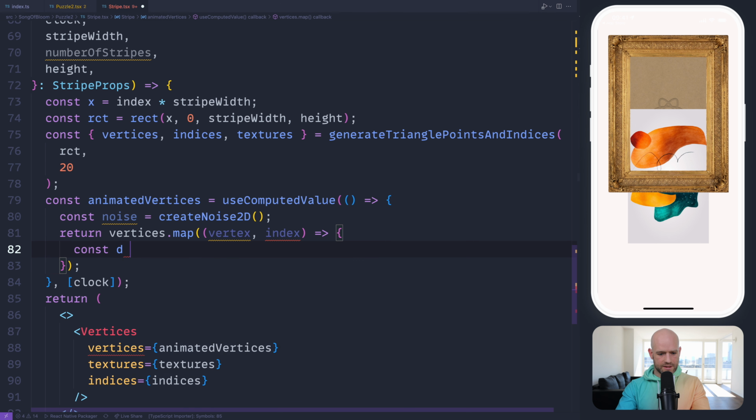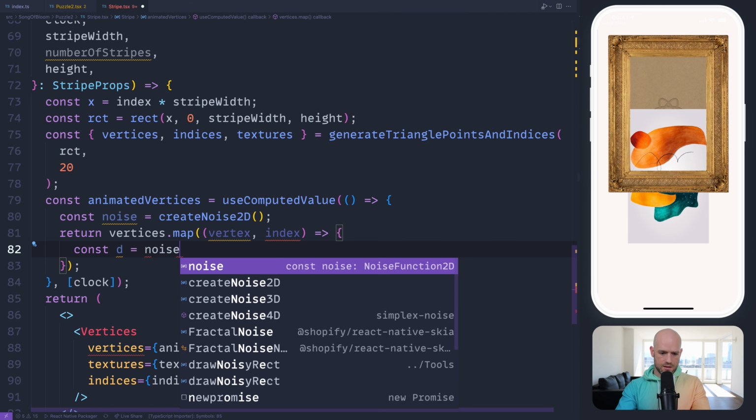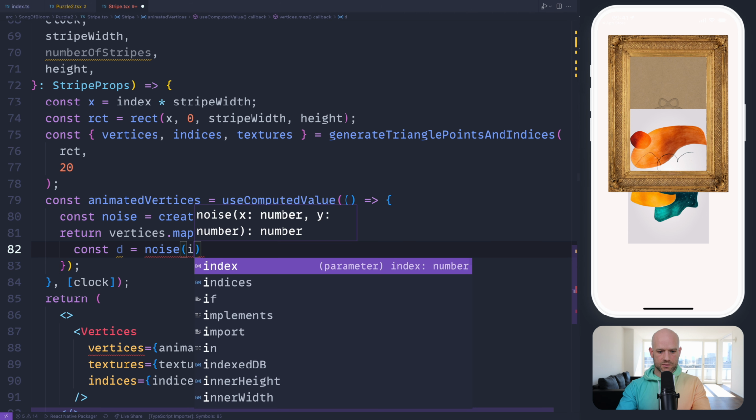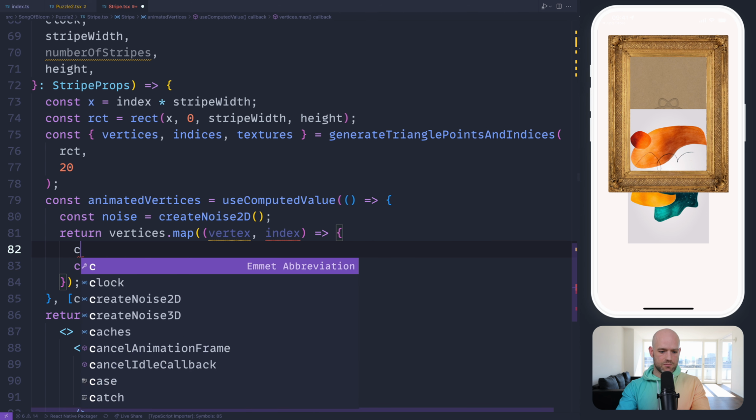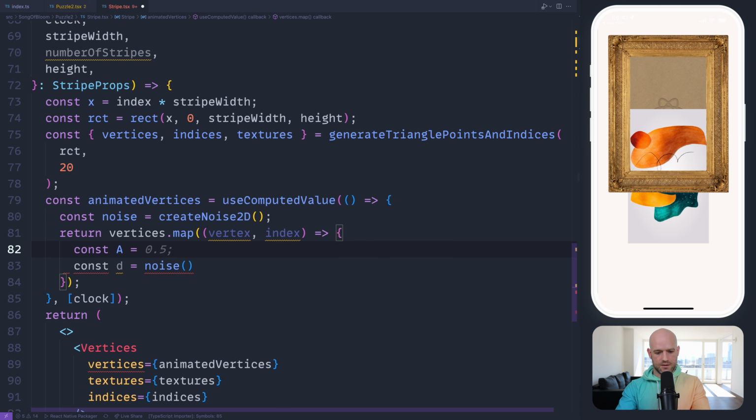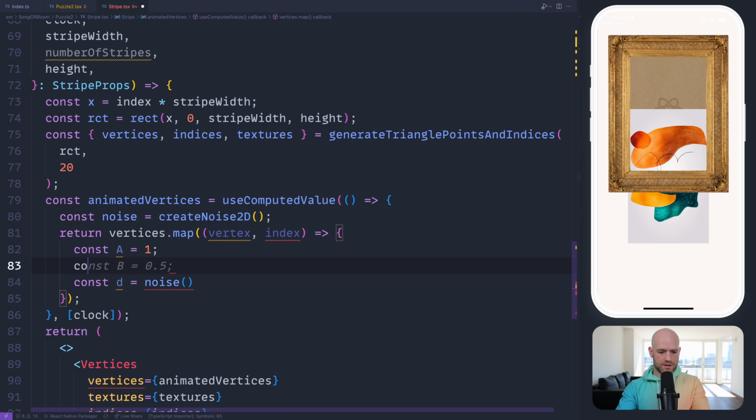So we want to create a delta, and we're going to have a frequency and amplitude, right? So let's say 1 for now, or maybe let's put 10 pixels.